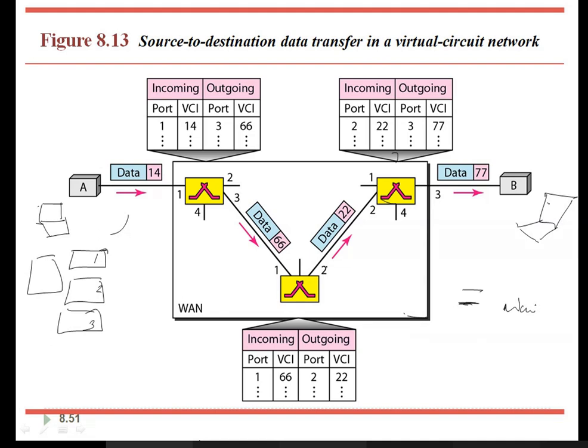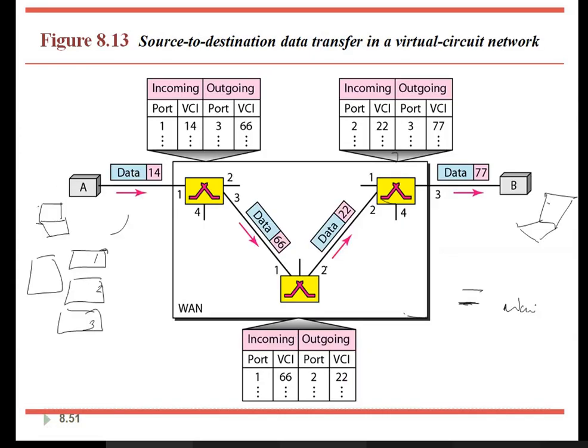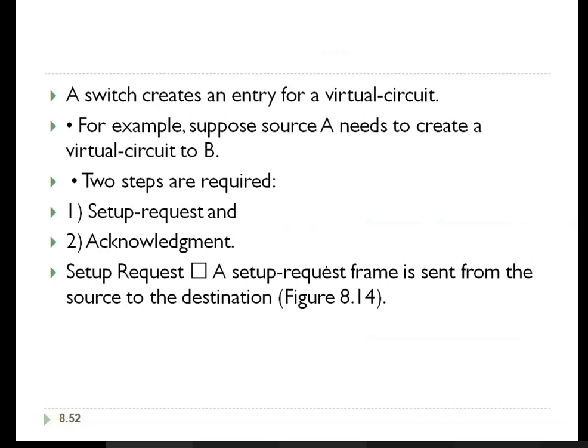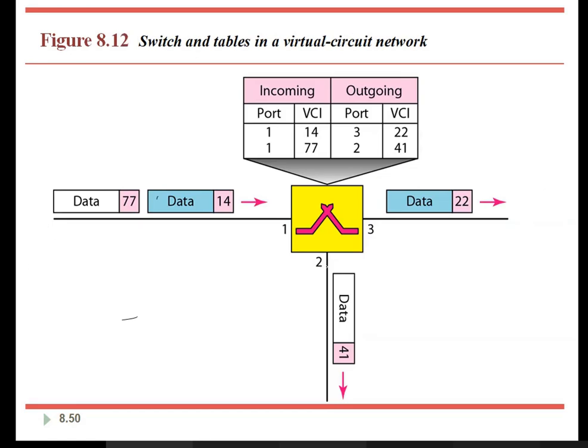Is it clear? I want the response. This is just with respect to one switch. The same thing extends to multiple switches, showing how the data is transferred from source to destination. The important point to remember here is that the source sends all its frames to the destination along the same path. Understood now, everyone? If you have any queries you can ask me, or else I will go on to the remaining two phases. This is one phase, the data transfer phase.